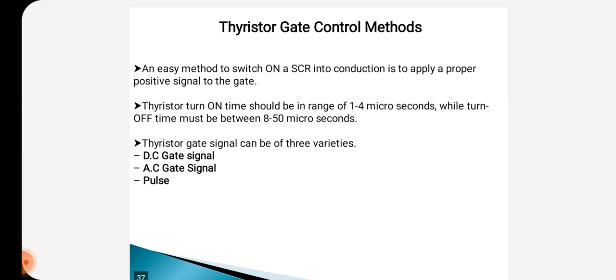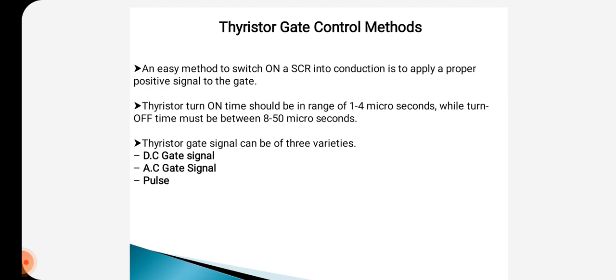Now the last one is the thyristor gate control method. This is the most common and effective method to turn on the SCR when the SCR is forward biased. A sufficient voltage at the gate terminal injects some electrons into the junction J2. This results in an increase in reverse leakage current and hence the breakdown of junction J2 even at a voltage lower than VBO.